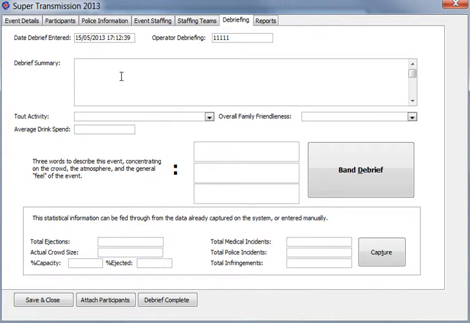Even when you are subscribed to the Crowd Intelligence database, this information does not get passed through. The only information that gets passed up the line is the statistical information, stuff that can be used by anybody that's not specifically relevant to your venue. So for the debrief summary, I'm just going to go ahead and put: could better position response team to next year.